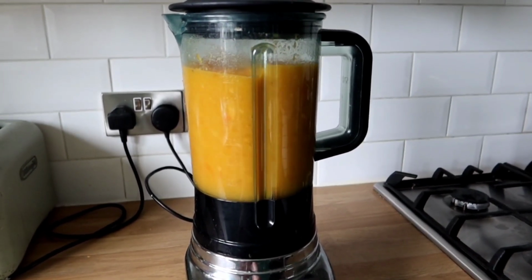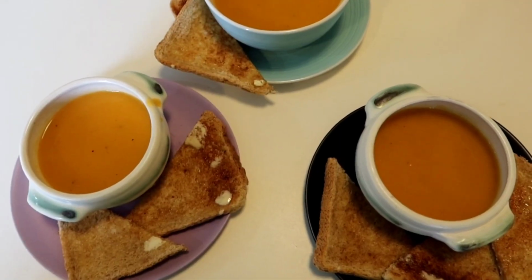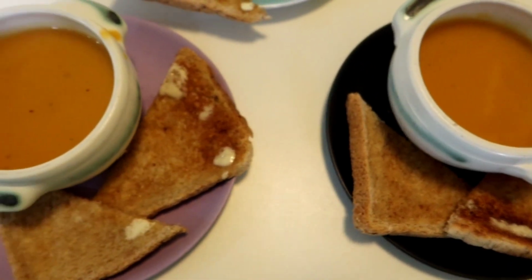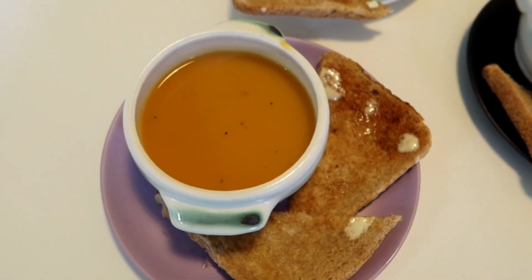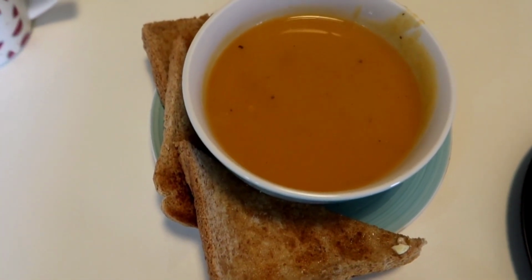I had to do this in 2 goes because there was too much of it to fit in the blender, but once it was done, we had this really delicious soup. I added a bit of cumin as well, I think I forgot to say that earlier, and we just served it with toast. I always find that it's a really good idea to get the kids involved with cooking, and